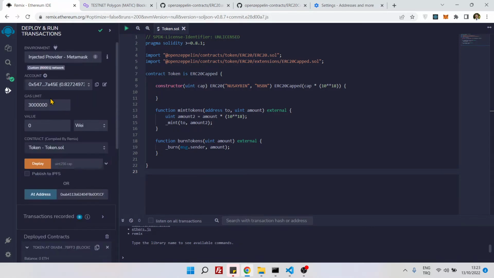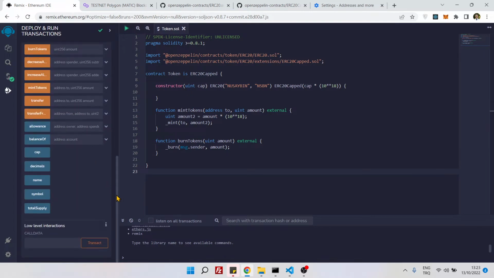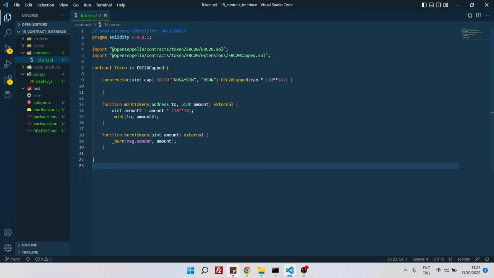Because this contract is already deployed, we didn't deploy it in Remix, but we just want to use the Remix interface. Now we can interact with our contract here. You see, this is the interface area. That's the first way. The second way is,